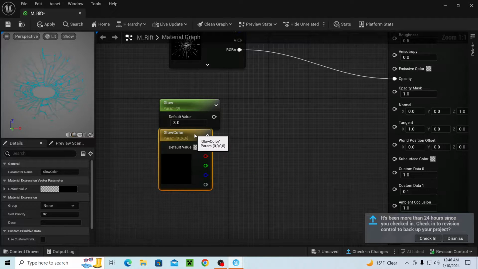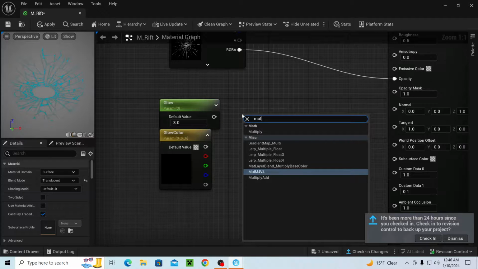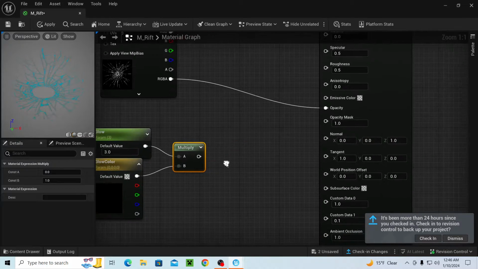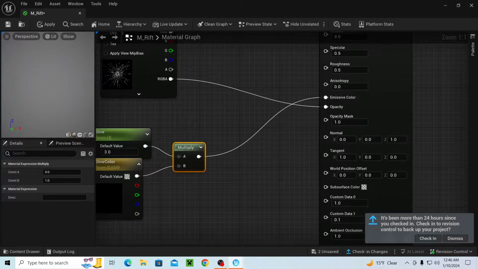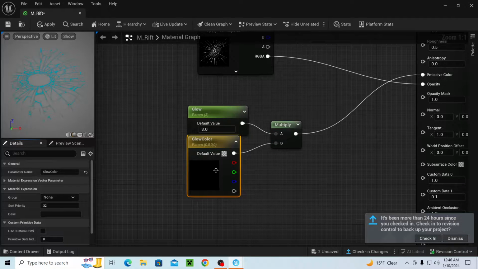We'll put this here, and we're going to multiply these together like so. You there, you there, bringing this here. So as you can see, it's not really getting any color yet because I haven't set any. We want this to be the